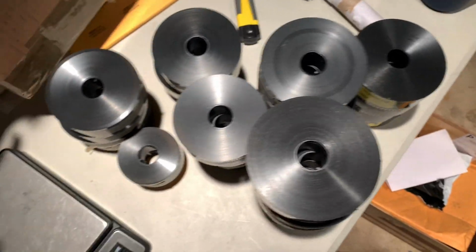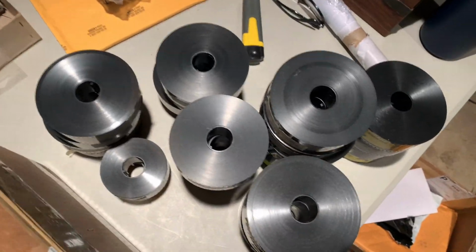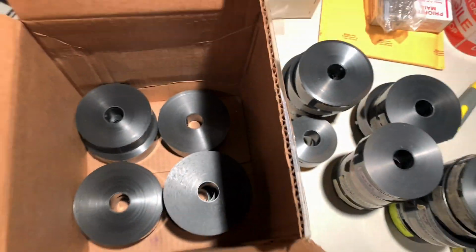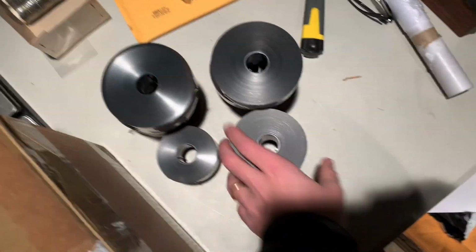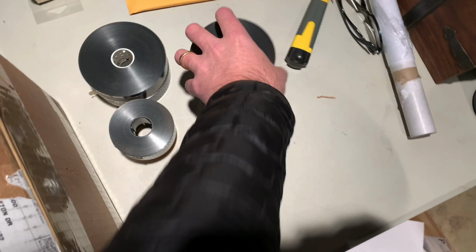I've got, let's count these. Let's count them and put them back in. So I've got 1, this is the fun part of the video, 2, 3, 4, 5, 6, 7, 8, 9, 10, 11, 12, 13, 14, 15, 16, 17, 18, 19, 20, 21, 22, 23, 24, 25, 26, 27, 28,